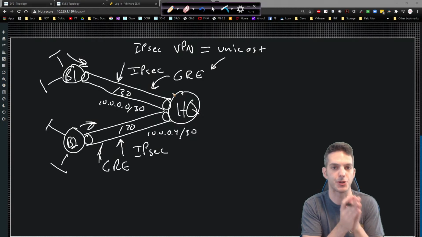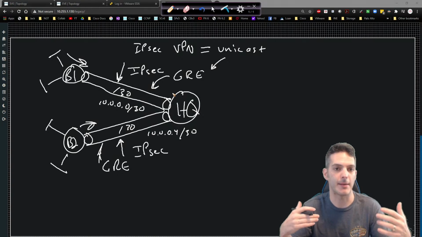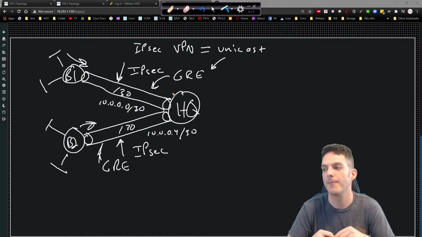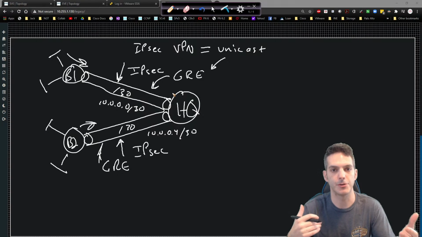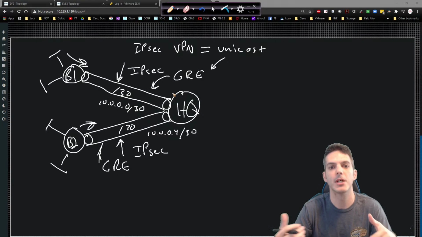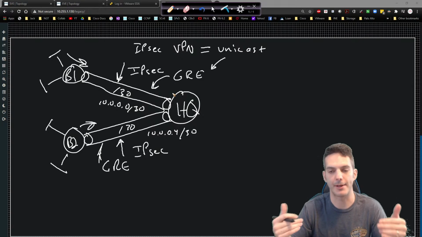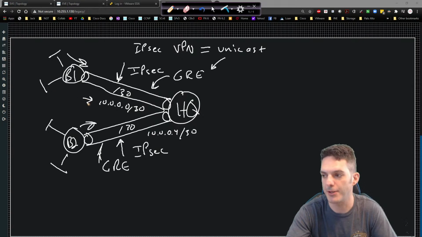If you're transitioning from just straight IPsec and you want to make your routing environment that much better and easier to work with, then what do you do? You go in and you deploy a tunnel. You configure a GRE tunnel between the 2 devices, and then you enable dynamic routing over that tunnel. So you would make sure that your dynamic routing is enabled for this subnet on both sides, and as long as you're using EIGRP over the tunnel and then EIGRP on your internal routing, say you've got a /16 hanging out here at the HQ,